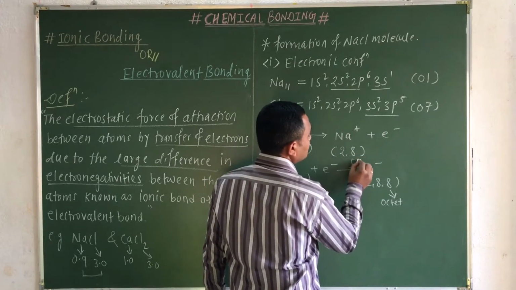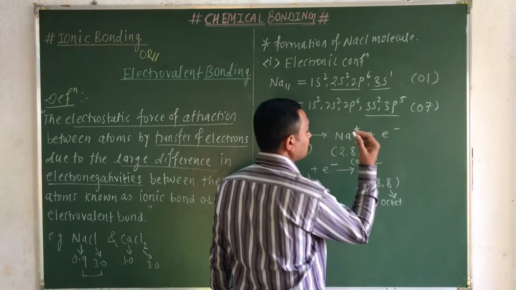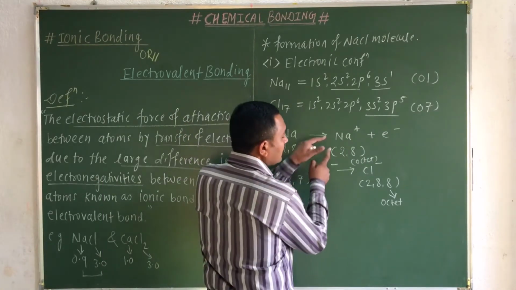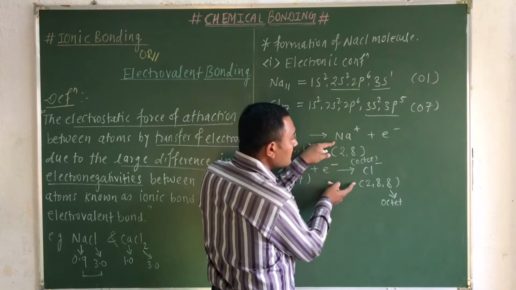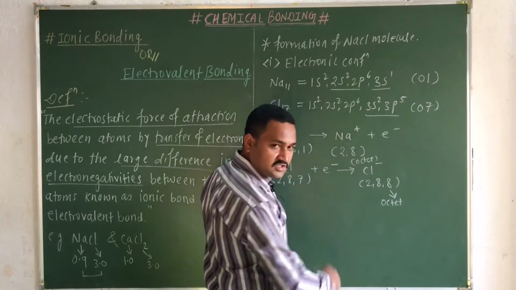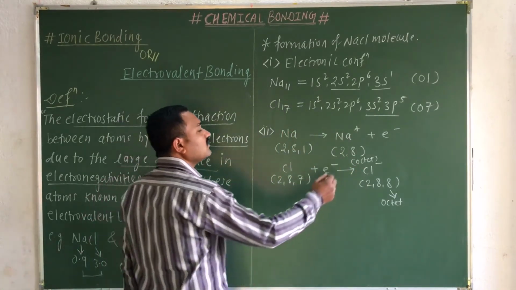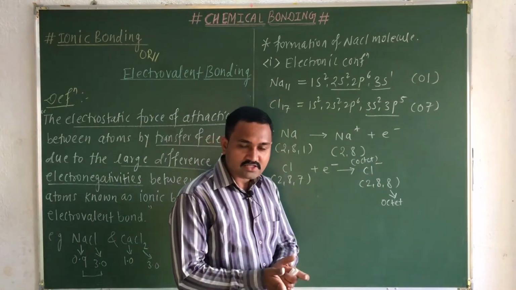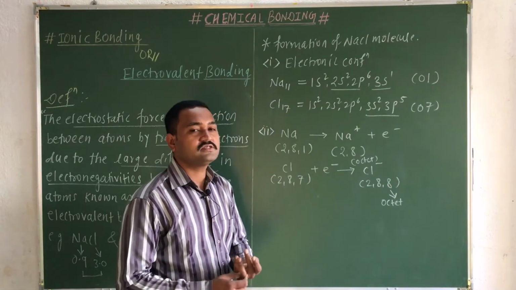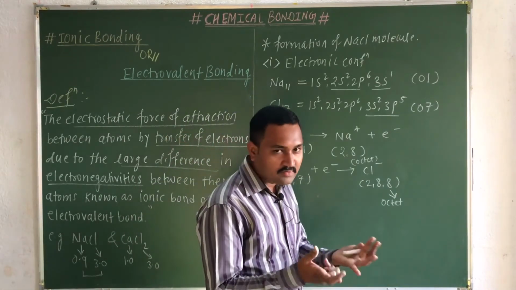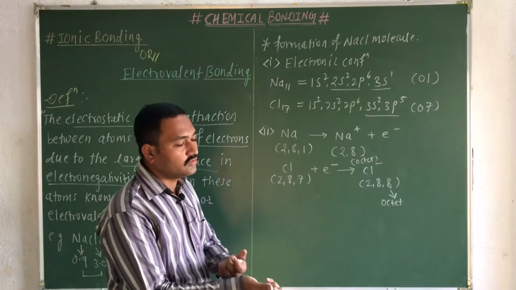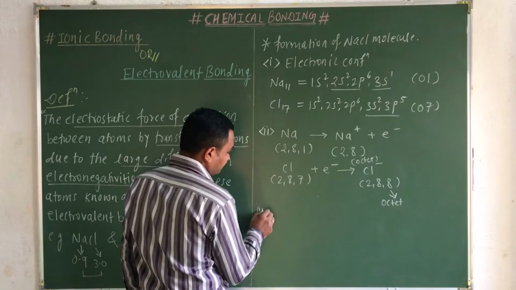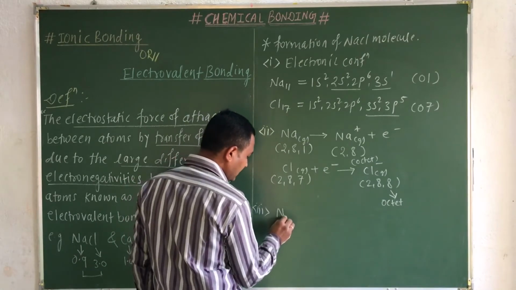Here your sodium ion also completes its octet. Both these atoms complete their octet and become stable, but they develop opposite charges, and we know that if they develop these opposite charges, there will be an electrostatic force of attraction. That electrostatic force of attraction between the oppositely charged ions is nothing but your ionic bond, or you can call it an electrovalent bond. So obviously your Na plus ion